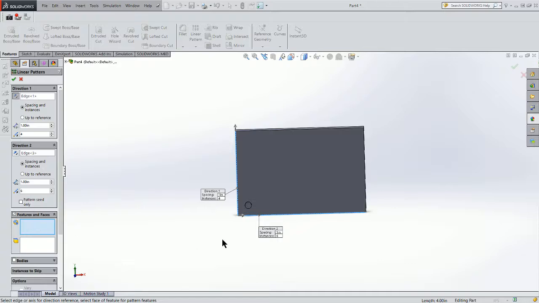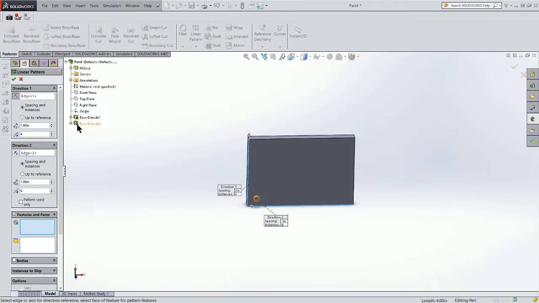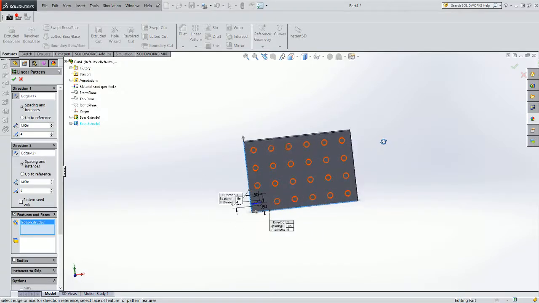And now I'm going to choose my feature or my face. So I've got features, and I'm going to use this extrusion of the feature. Let me show you one thing we haven't really done. I can use my design tree out here, and I can choose a feature off of my design tree as well as clicking it in the model. You see how that works? So I can click on it right there in the design tree. Very powerful, very handy feature. So that propagates my